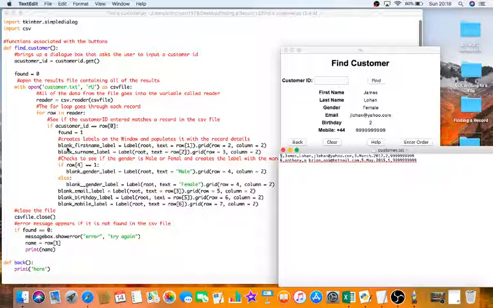So I create this blank first name label. Okay, it's a label component. I put it into the frame, and what I do in this situation is I say text equals row 1. Now row 1 is the second element of the record, which is just James, and all I simply do is I create that label in row 2, so that's row 0, row 1, row 2, and I put it